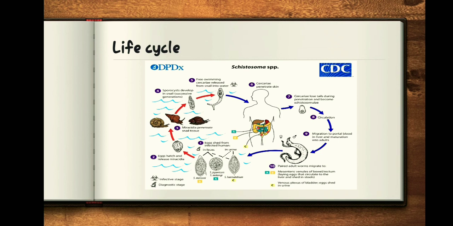A cercaria is also a free swimming larval stage of the Schistosoma. They are similar to miracidia, but miracidia go from the egg to the snail, so it's from hatching to a host, while the cercariae go from a host, which is the snail, to another host, which is the person or the animal that would tread the water where the snail is, and then this cercaria would swim and penetrate the skin of the human, and then it would